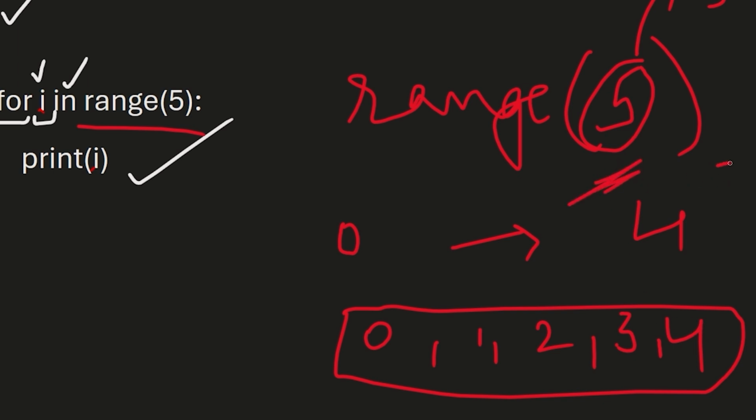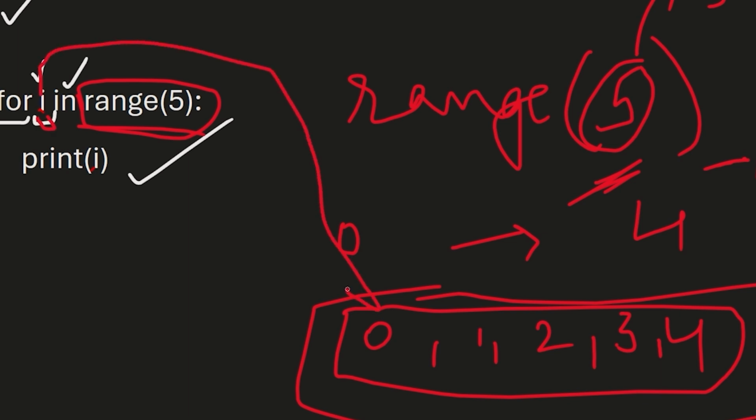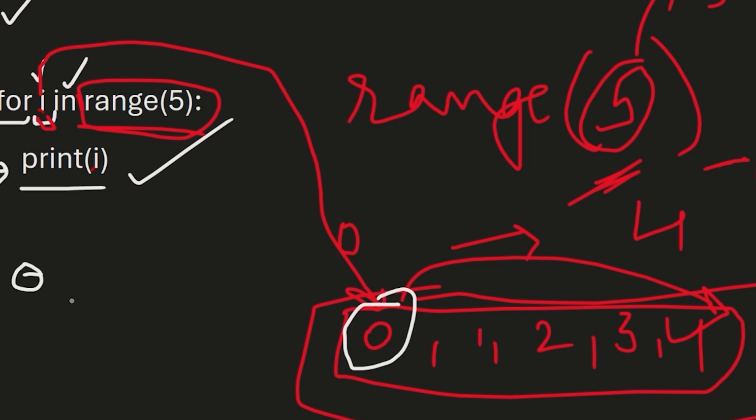Whatever the value is here, do minus 1 from it and you will get your sequence. So this is the sequence from this range function of 5. So it will return this. So in a for loop, we have one variable over here, i. The i will go from the starting to the last value one by one. So now the value of i is 0. The control will move inside the loop, print 0, and after that